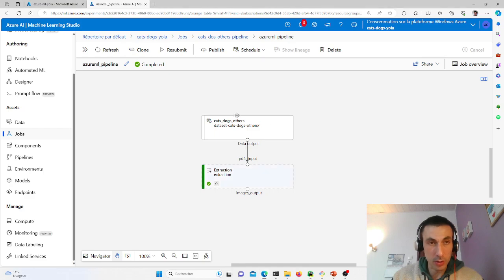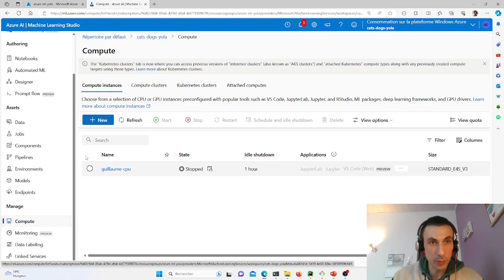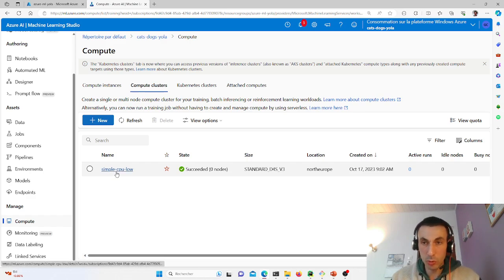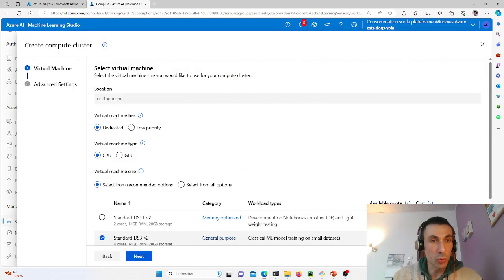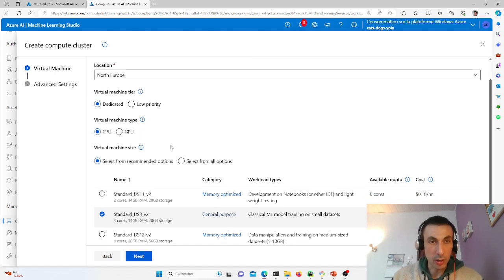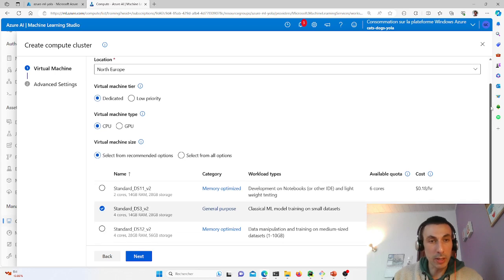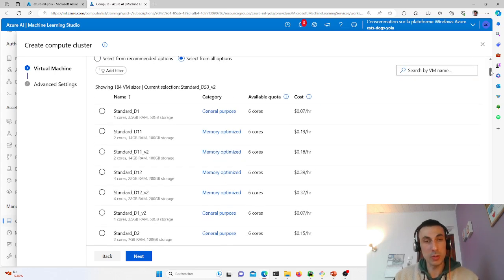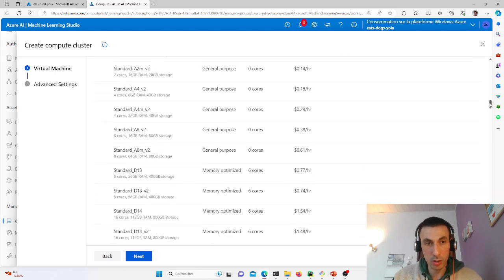So, if I come back here to our portal, here on the left, in the Manage panel, there's a Compute button. And here in Compute, we have 4 tabs, including Compute Cluster. And here we can see the information from my simple CPU load that I've declared. You can click on the new button. The idea is to see everything you can use as a machine configuration. In fact, what makes Azure so attractive is that we're going to have a lot of choice. Now, this is a personal subscription, so I don't have as much choice as an enterprise, but an extremely rich choice of machines